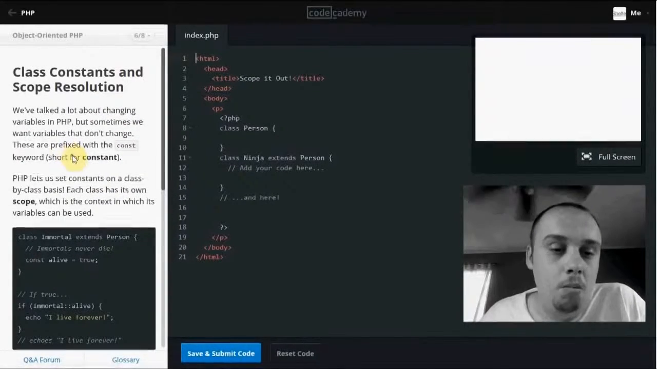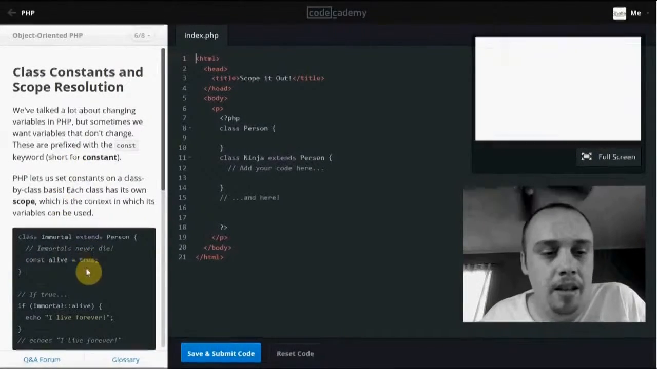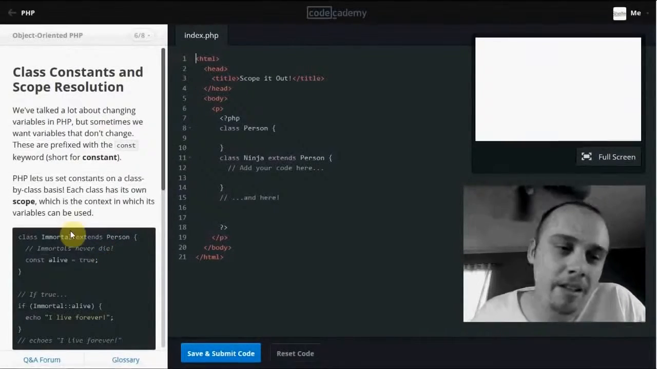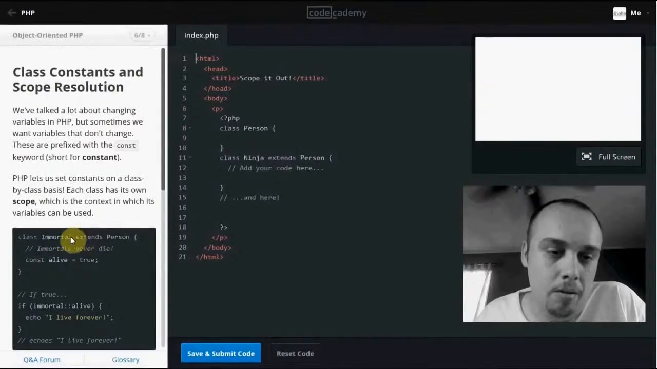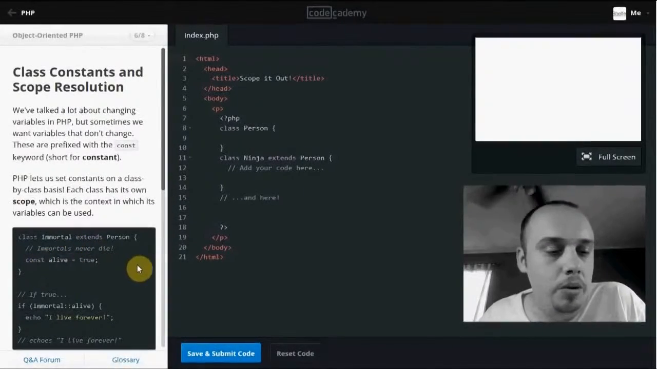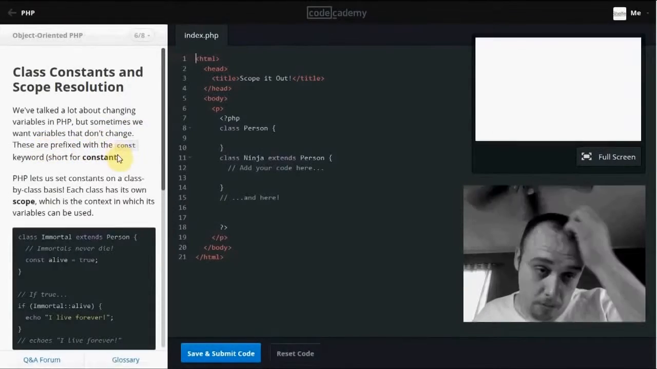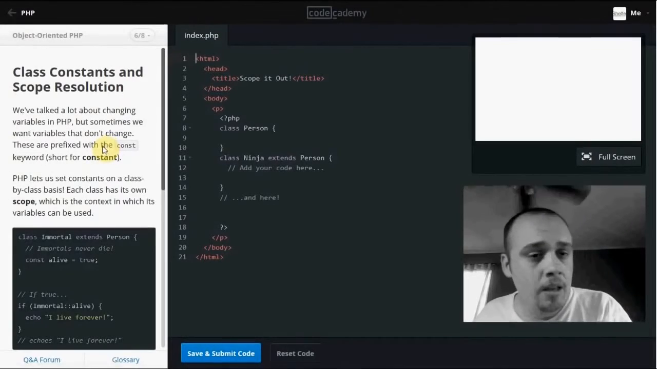Class immortal extends person. Immortals never die. Const alive equals true. Wizards never die. Plus, class immortal extends person. So a person could be a person, but an immortal is different than a person. So constant alive equals true. That makes sense. We've talked a lot about changing variables in PHP, but sometimes we want variables that don't change. These are prefixed with the constant keyword, short for constant. So I guess like gravity in a game or something like that. PHP lets us set